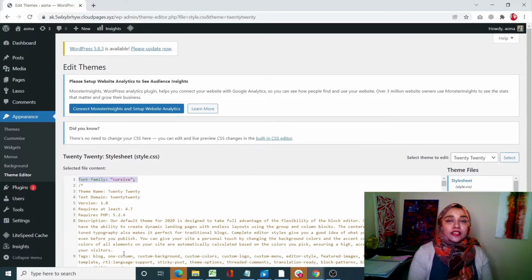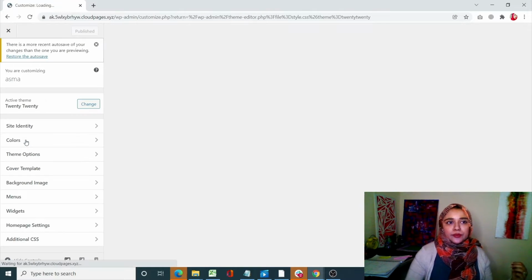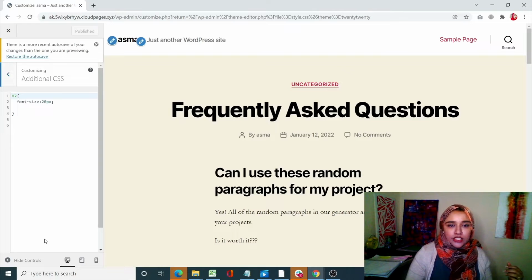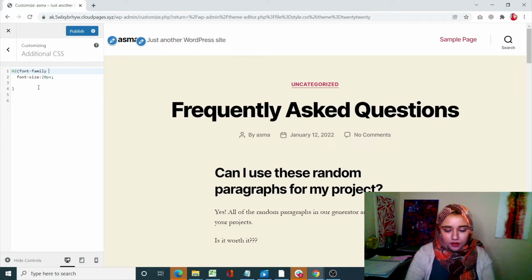The second one is if I only want to change, for example, the H2 heading of my site, how can I do that? Coming again to Appearance, let's click on Customize this time. So we're going to customize the theme a little. Click on Additional CSS. Over here you can see the H2 heading. Now I'm going to add font family cursive.